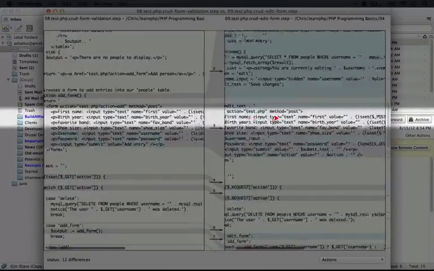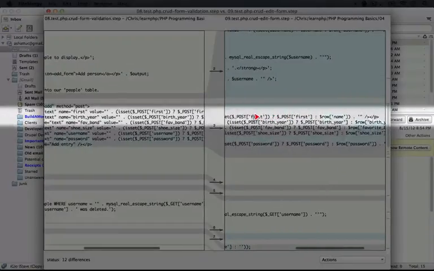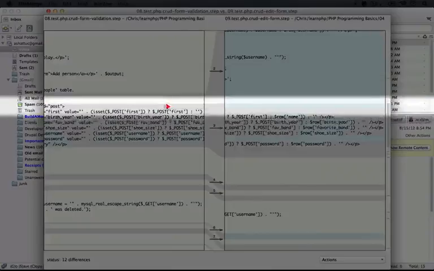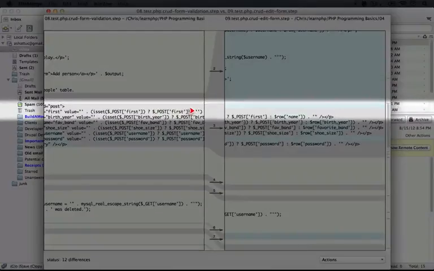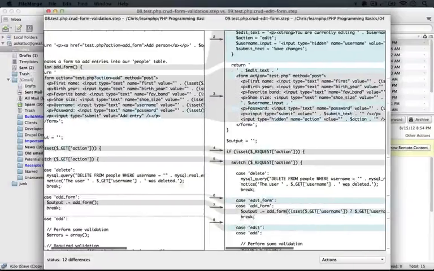Now besides that, if we scroll over to the right, you'll see here that in our ternary operator where we were checking to see if the user actually submitted something for an input, for our default, instead of something empty, now if we scroll over, you can see over here that we have an empty item as an alternative if the post variable didn't exist. In a new form, what we're doing is pulling out something from a row variable. And this is the record from the database that aligns with the username that got passed to this function. Okay, so I'm going to scroll back over here to the left.